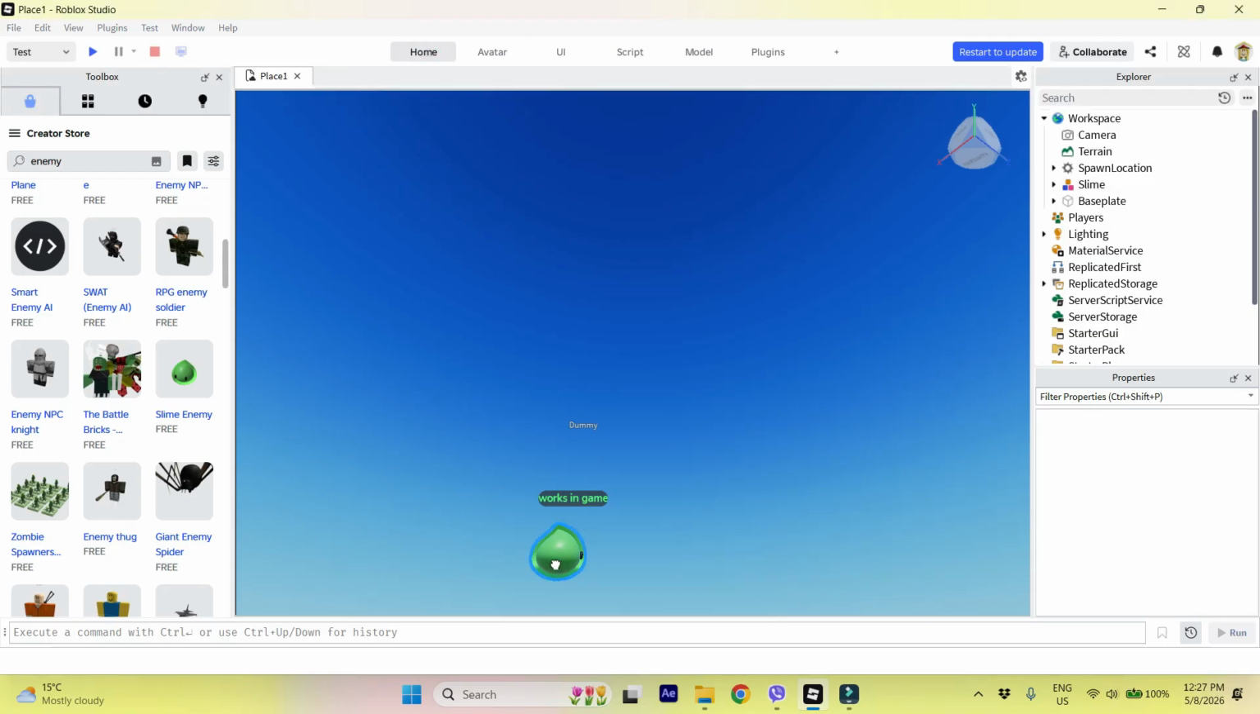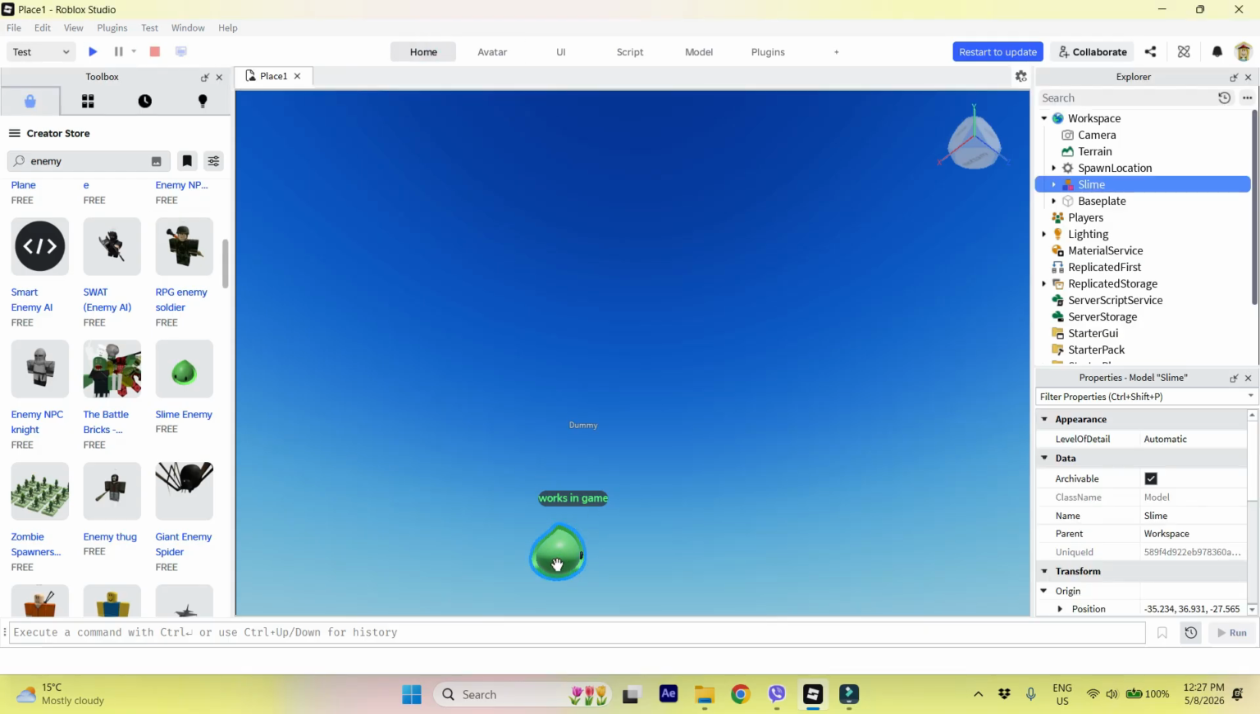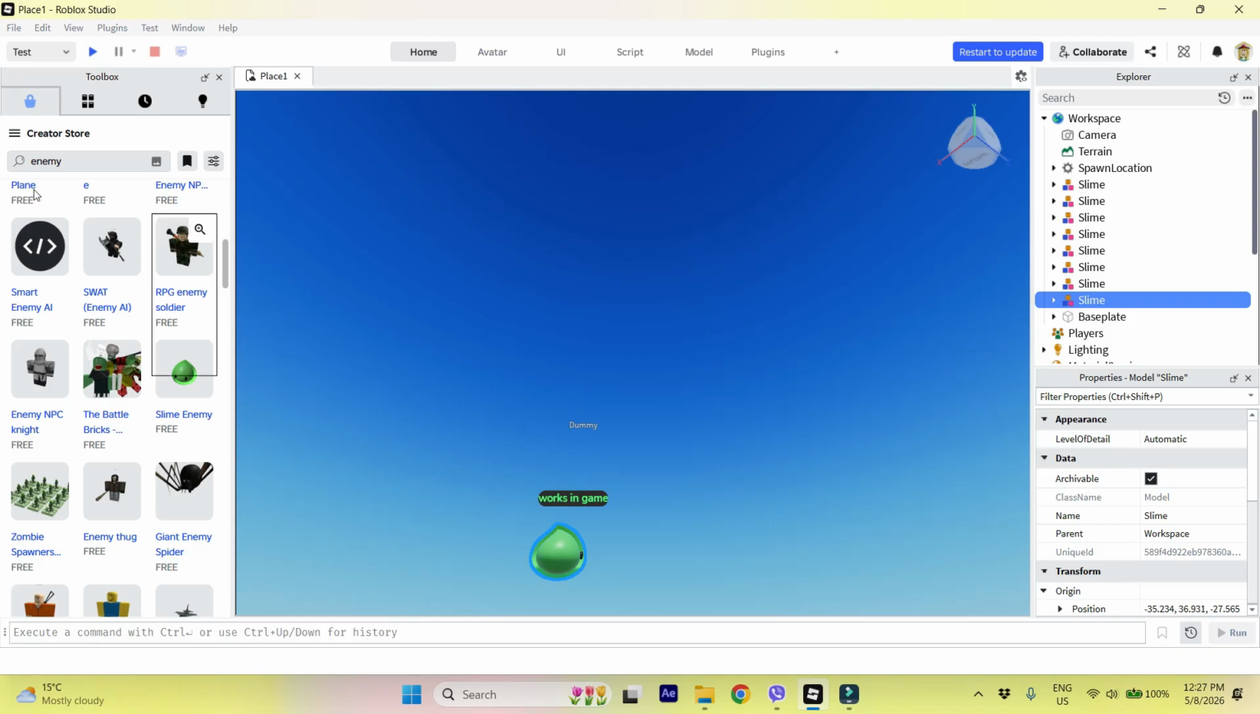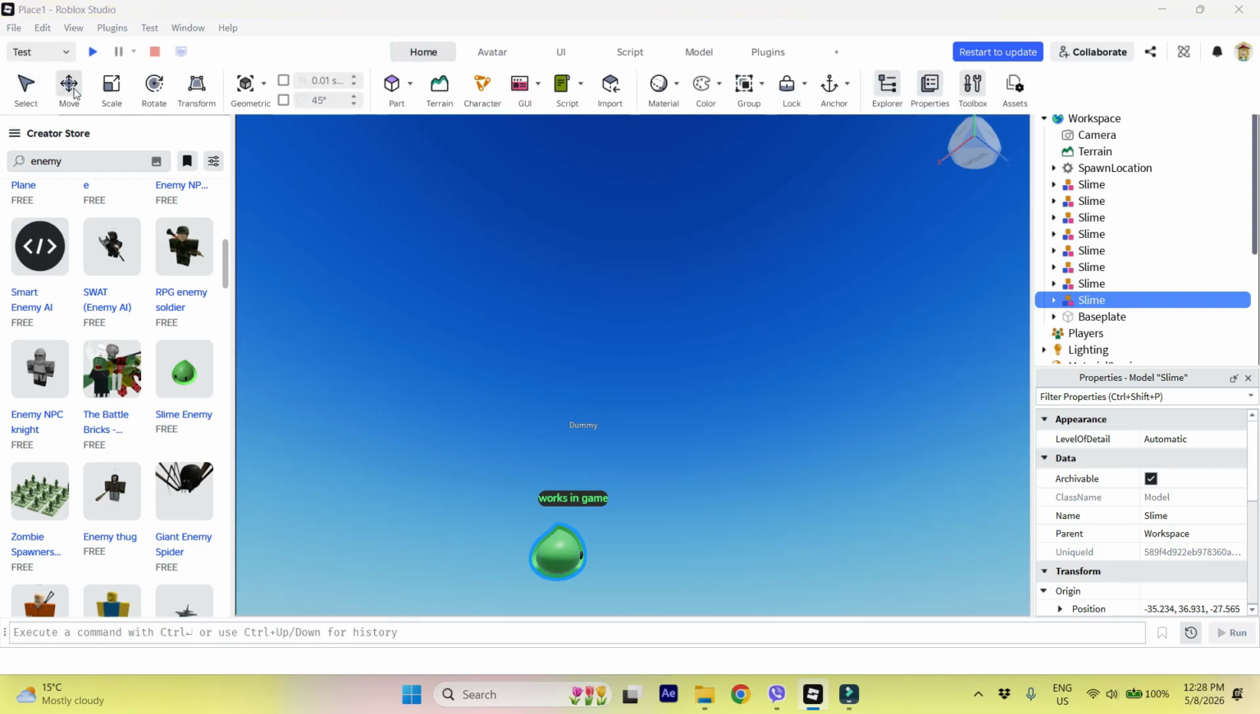I will select it and then do Ctrl D. And you see here in our Explorer that there are a lot of slimes. Then let's separate them. Let's make them more visible, so I am choosing and moving